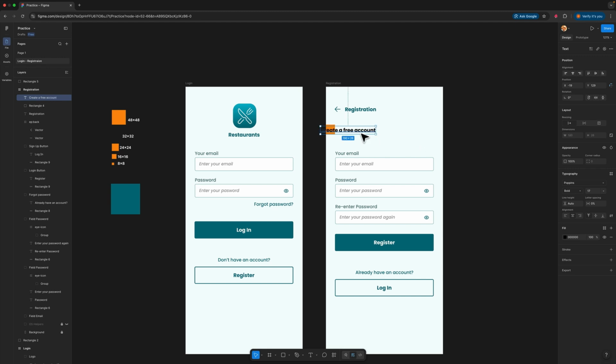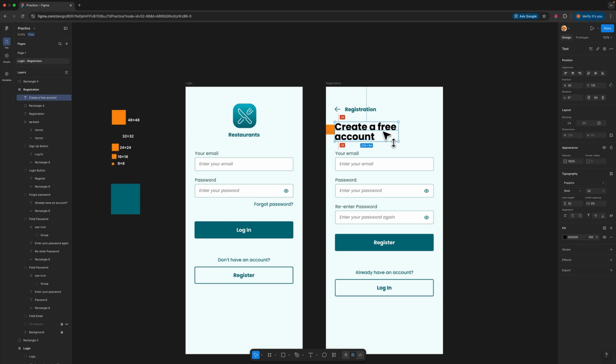and then you can just move it to the right, and I will come up to the alignment tool over here and set it to left, and the size of this I will set to around 32, and I will move this up a bit and align it to the orange square on the left. After the word free I will hit enter to get account on the next line. We also need to decrease the vertical spacing, so from here come up to the line height and I will just change it to 36, or else you can even make it less, keeping it 32,